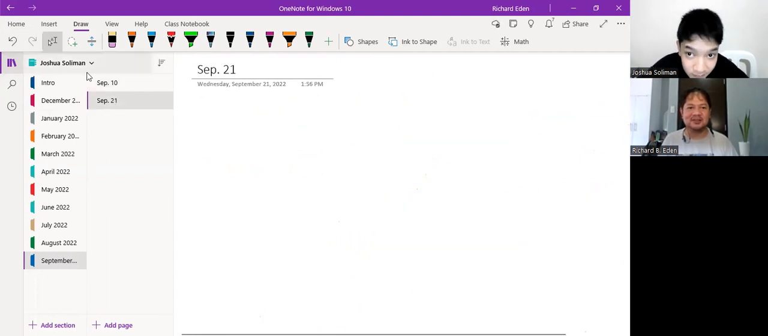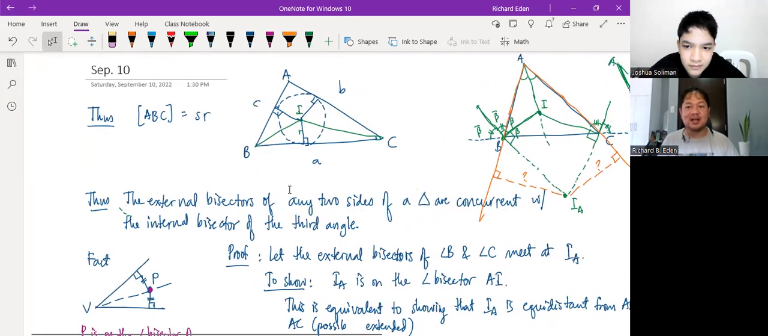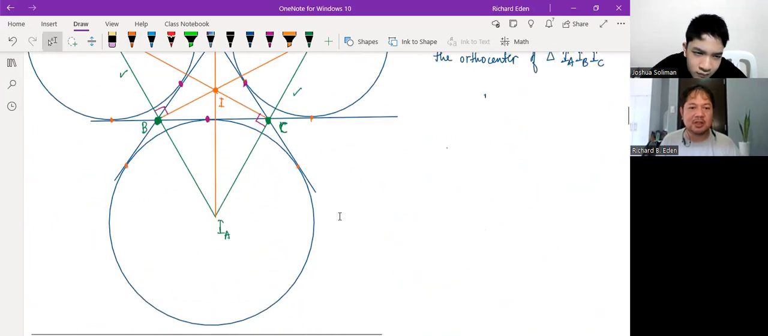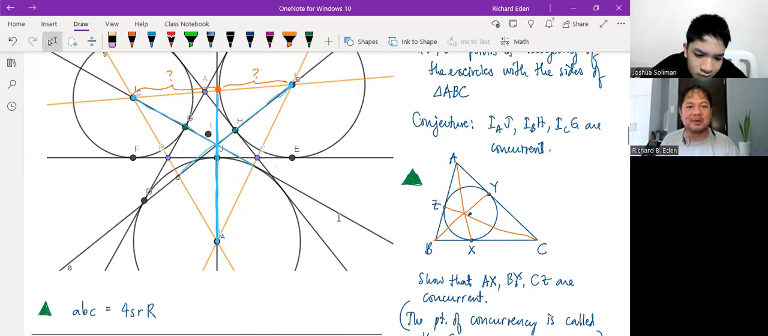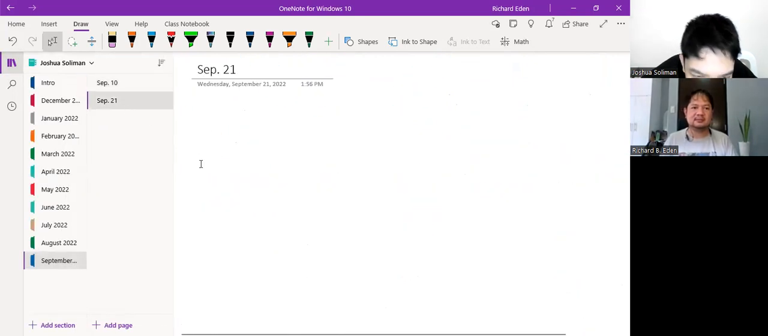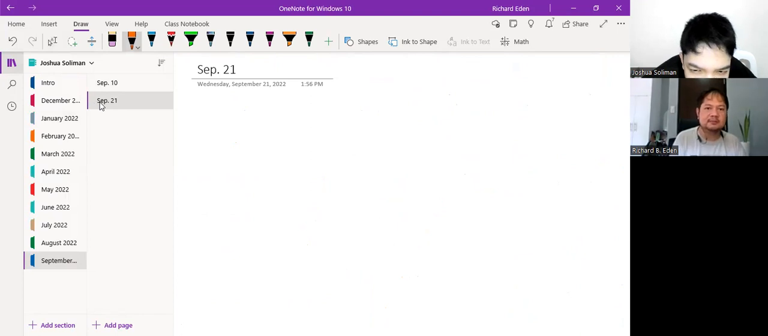Alright, so we are continuing with the exploration. So how do we describe this? The G, H, J, the touch points. What we need is the so-called